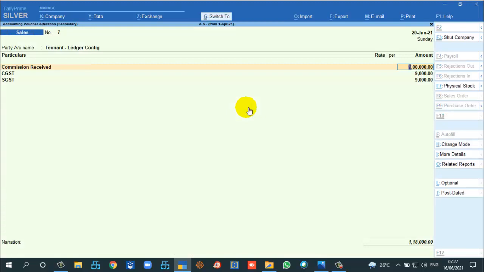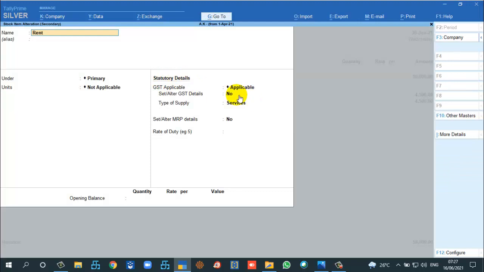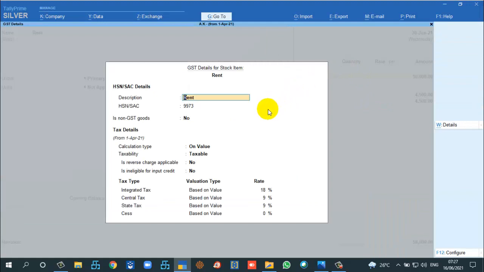Another type of vouching is also in practice. Suppose rent is described as an item, and we have configured it as an item without any quantity.